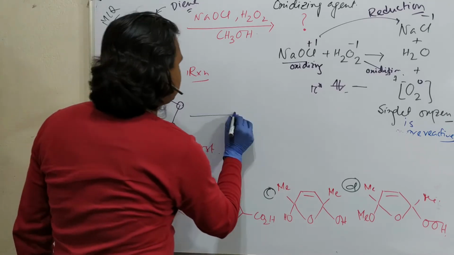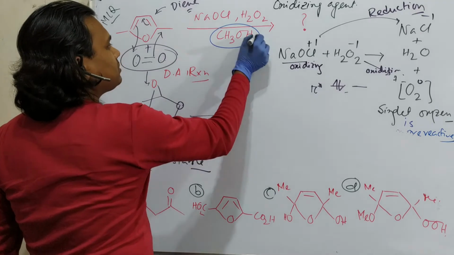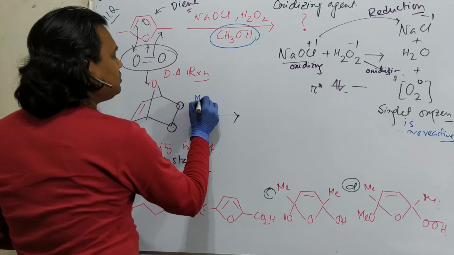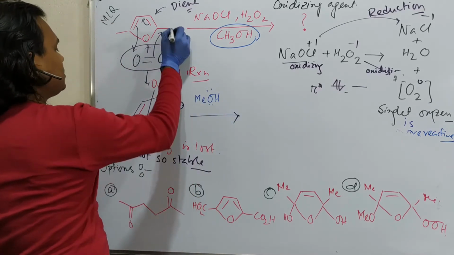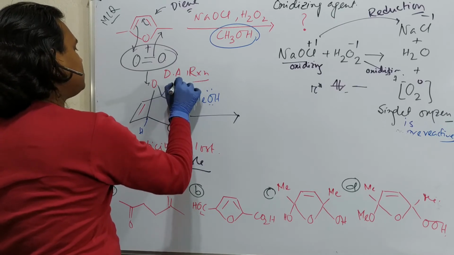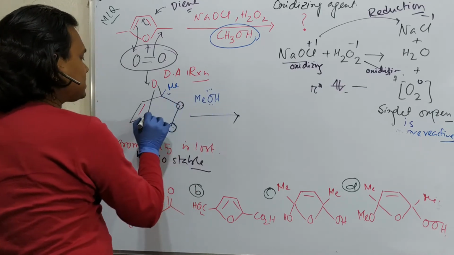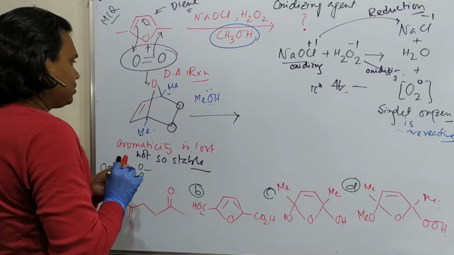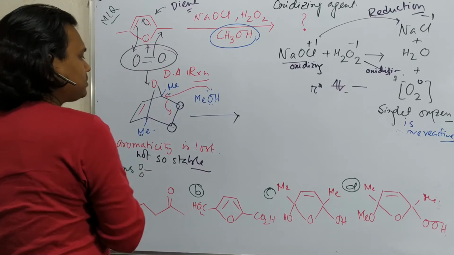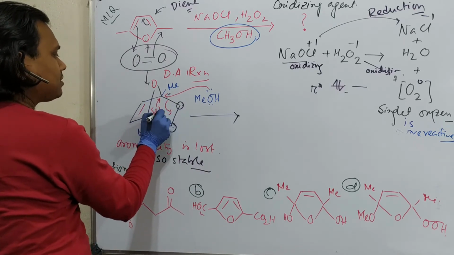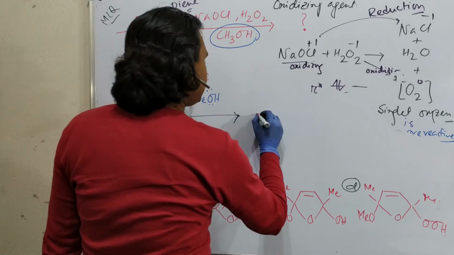Fine. So what happens in the next step? In the next step, in the reaction medium, there is methanol. Since this is not stable, what happens? This methanol acts as a nucleophile. See, there is one hydrogen, sorry, not hydrogen, I should say this is methyl, this is methyl. So methanol will attack. These two are symmetrical, so it can attack any position. So obviously, it will attack from here to here. It will open up. See, this is actually an sp3 center, and not only sp3, this is allylic also. So nice. So what will result?